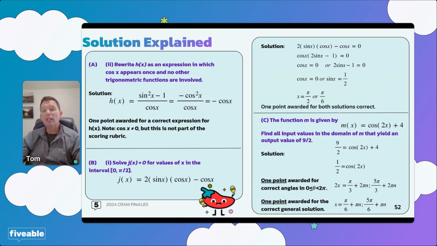Now for part C, we're given a y value essentially, it's m of x, and we have to solve for x, and you'll notice that if you subtract 4, we're back to a cosine equaling a half. And at this point, we have to use some of those periods again. And this is where you're starting to see some of the things you saw in class, where we give an answer on the unit circle, and then we add 2 pi and multiples of 2 pi because of the periodic nature of cosine. And then when we divide everything by 2, the pi over 3 and 5 pi over 3 become pi over 6 and 5 pi over 6, and the period now drops from 2 pi to pi.